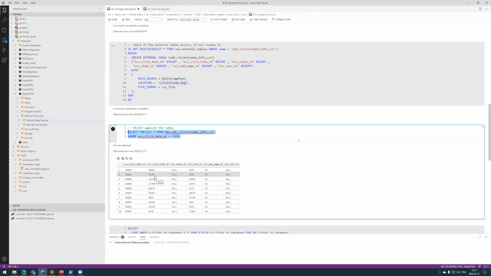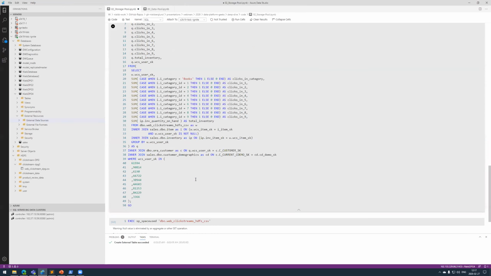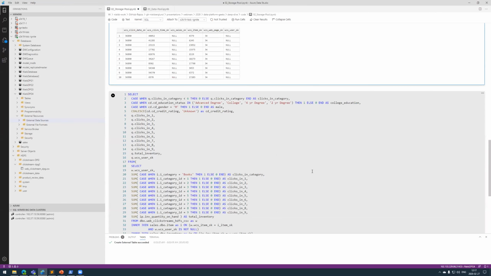So now I, as a SQL developer, have executed SQL code. I know SQL, hopefully. I have executed SQL code against Hadoop. I don't need to know Hive or Hive SQL or whatever. I can run SQL code against my Hadoop data, which is very, very powerful. And finally, we can do something. This external table is just like a table, right? So we can